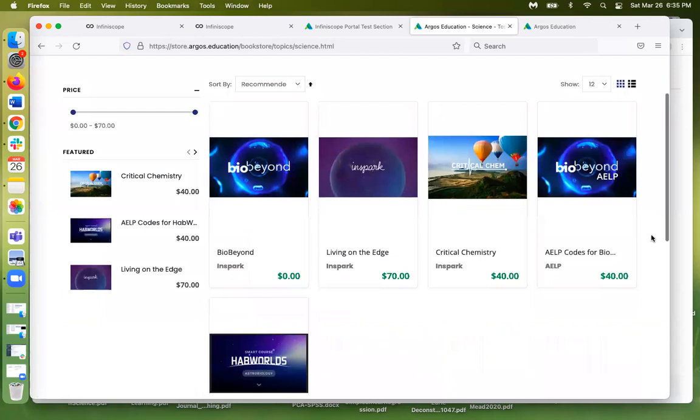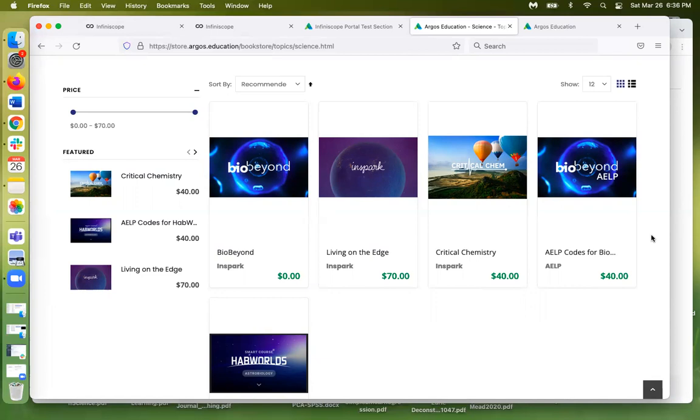Similarly, educators can do many of the same things they can on the Infiniscope portal. They can preview the content, they can launch that content and be brought to the Argos platform, or they can begin to do some authoring with that content. In addition, this portal makes available the ability for bookstore managers to log in and to purchase access codes for their students to resell in their bookstore or to share directly if there's a resource model used at their institution. All right, so those are two examples of